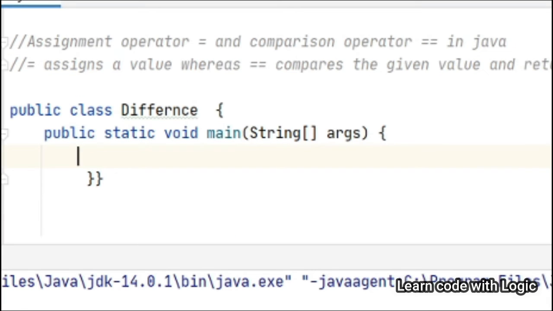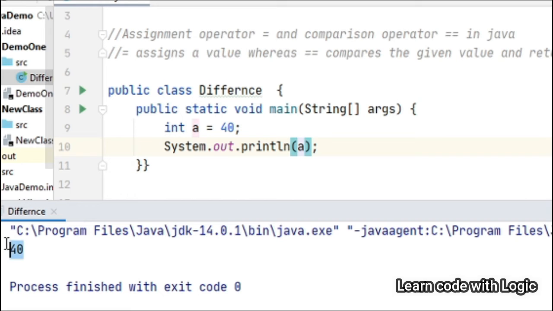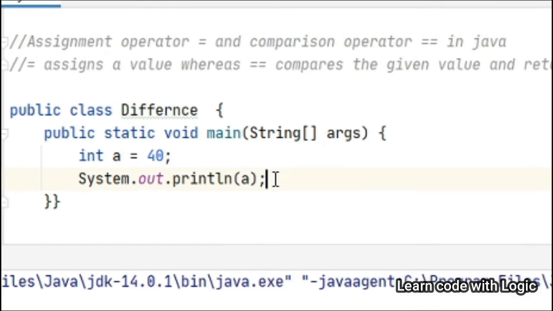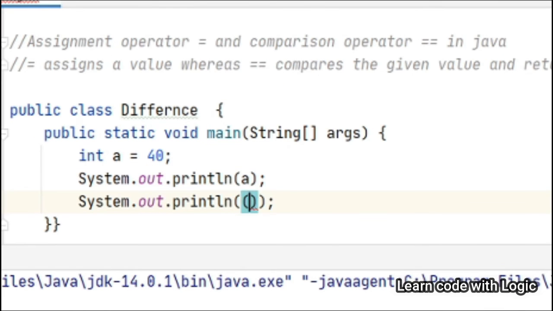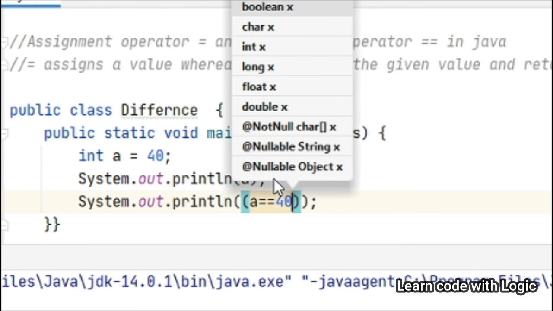Now let's understand the concept using an example. Suppose int a equal to 40. If you print the a value, we'll see it in the console. Now let's give a equals equals 40.